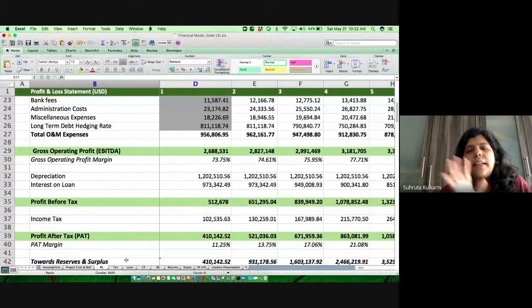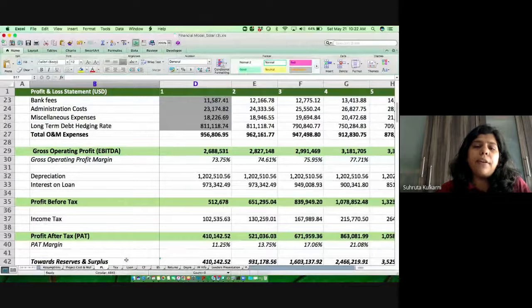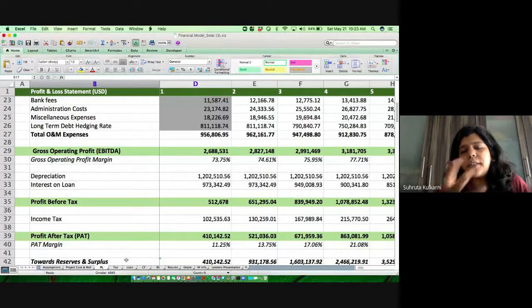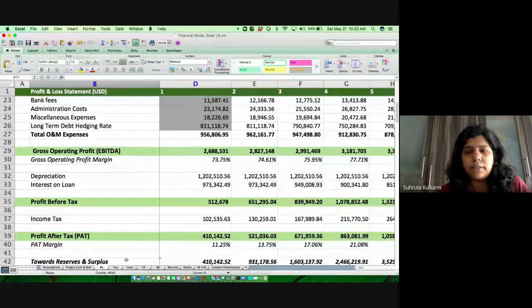So one, it tells me that if you're not a profit making entity, if you're a loss making entity, you don't need to pay taxes, which is given. Then if you are making profit at an EBITDA level, there is some different type of tax that you need to pay. If you are an infrastructure company, there is a section 80IA under income tax, then you have a tax holiday for 10 years.